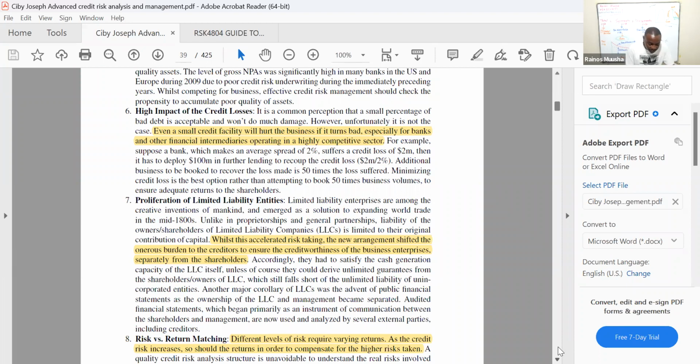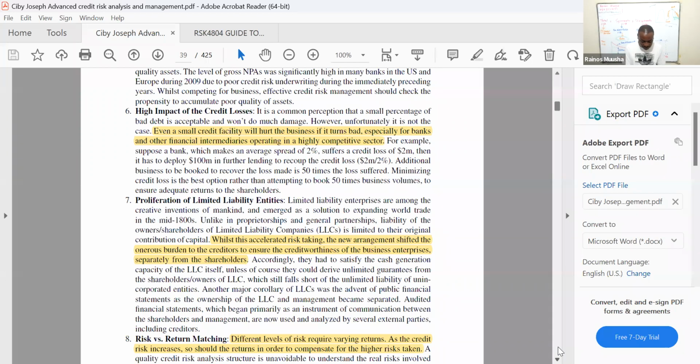The seventh reason is proliferation of limited liability entities. I'll read from the beginning of the paragraph. They say, limited liability enterprises are among the creative inventions of mankind and emerged as a solution to expanding world trade in the mid-1800s. Unlike a proprietorship and general partnership, the liability of the owners or shareholders of limited liability companies is limited to their original contribution of capital. While this accelerated risk-taking, the new arrangement shifted the onerous burden to the creditors to ensure the creditworthiness of